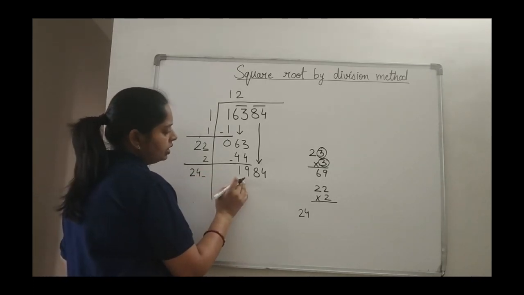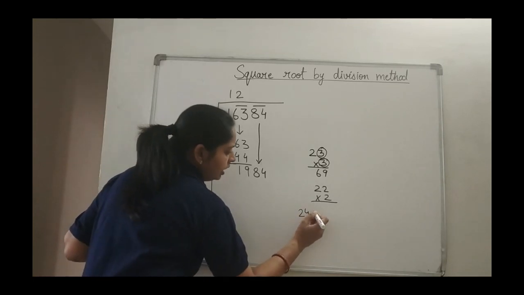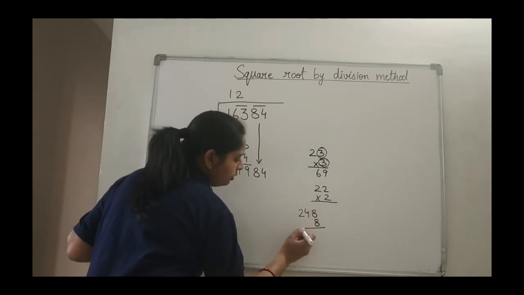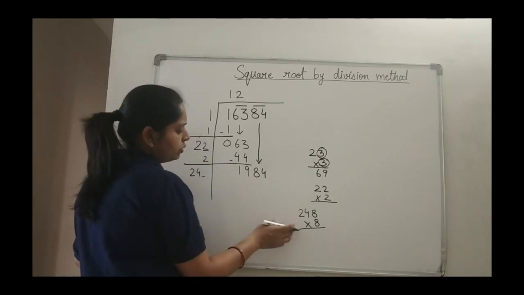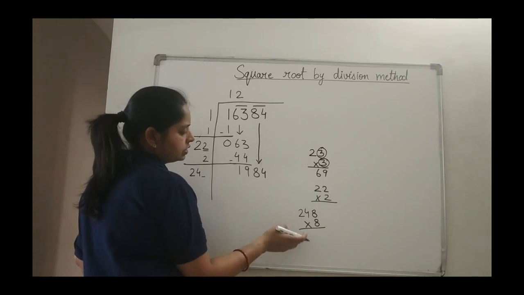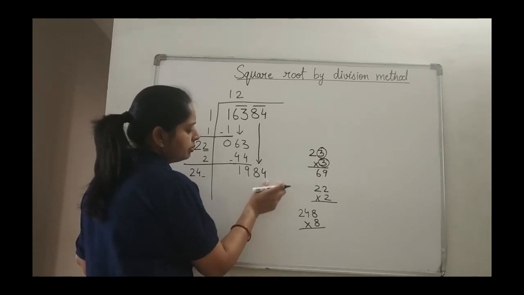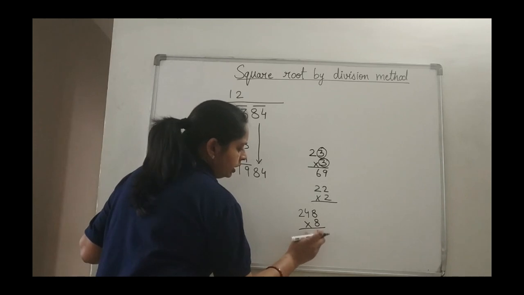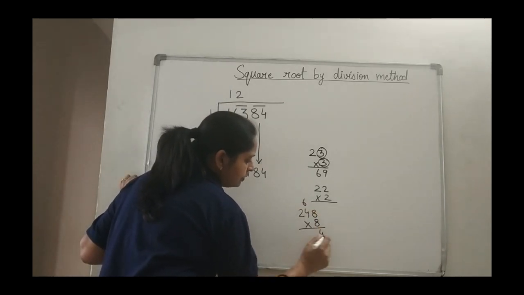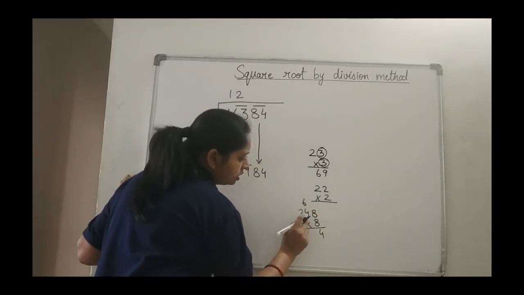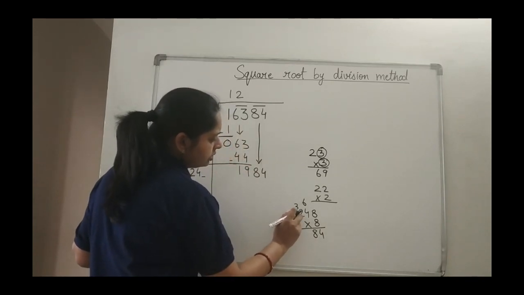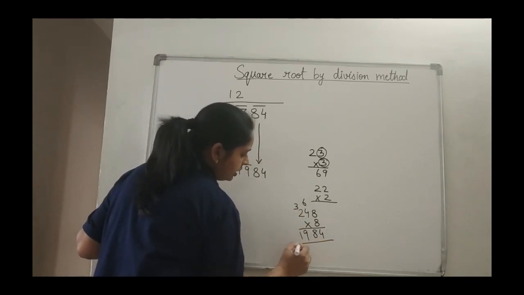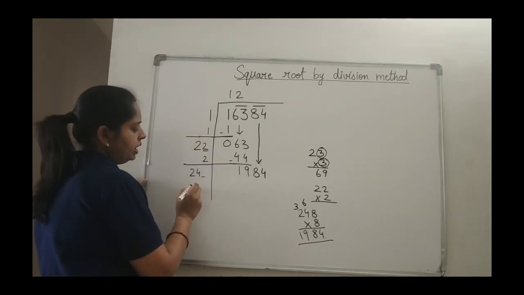But I need 1984, so I take 8 because 8 8 is 64. I know the end number, that is 4. So that's why I am searching for only 2 to the 4 or 8 8 the 64. Because if I take any other number, the number will not end by 4. So 8 8 is 64. 8 4 32. 32 plus 6 38. 9 8 2 is 16 plus 3 is 19. So I got 1984 by putting 8 over here.